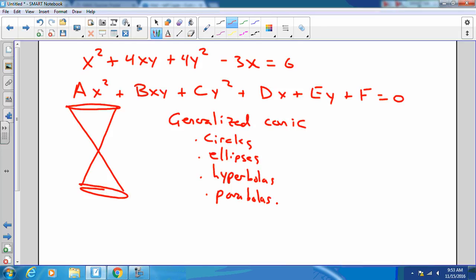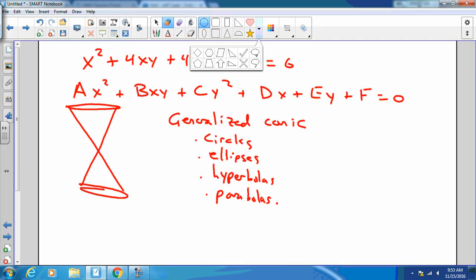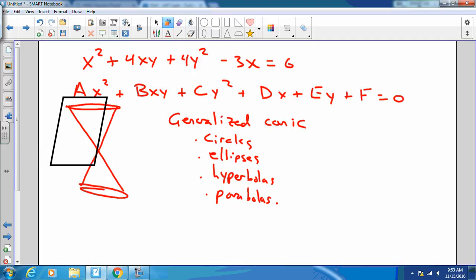And it is possible to show, although I will not go there at this time, that all of these can be found by simply taking a double cone like so and passing a plane through the double cone. And if the plane that you pass through happens to be exactly parallel,